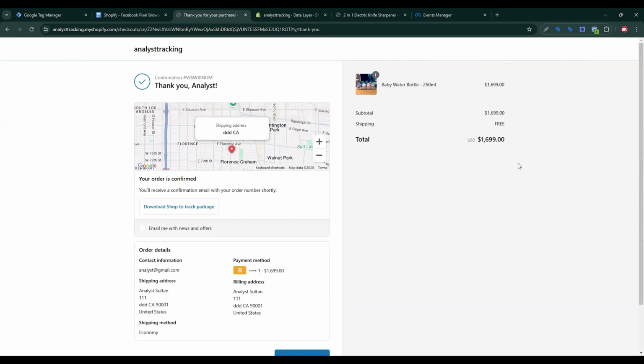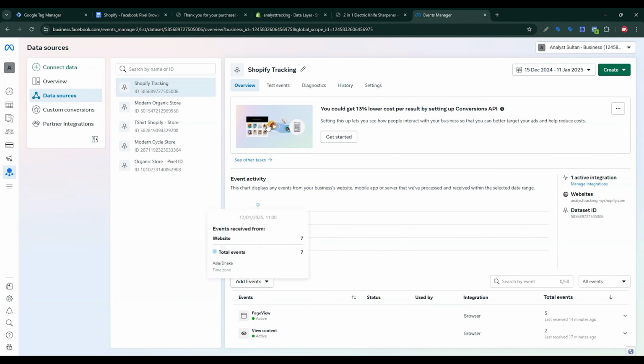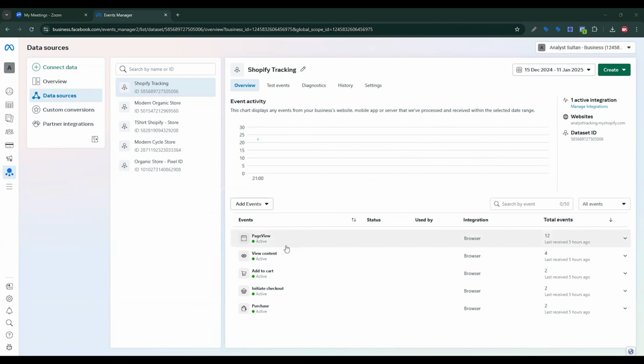Our purchase is complete. If I click on Meta Pixel Helper, we will see all of this information here, like product information, currency, everything is here. So our setup is perfectly okay. I need to check it on Facebook Event Manager. All of this information is sent within 30 minutes, so I need to wait for it. If I check Facebook Event Manager, we will